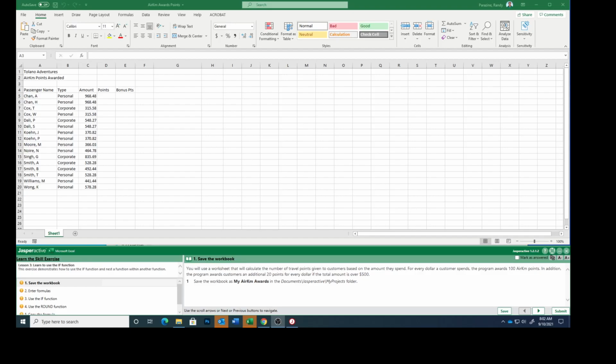Today we are working on Excel Lesson 3 using the IF function. So this is a document you should have open. Step 1, you will use a worksheet that will calculate the number of travel points given to customers based on